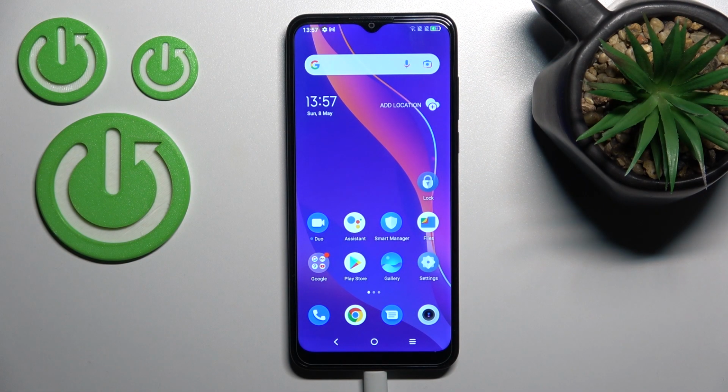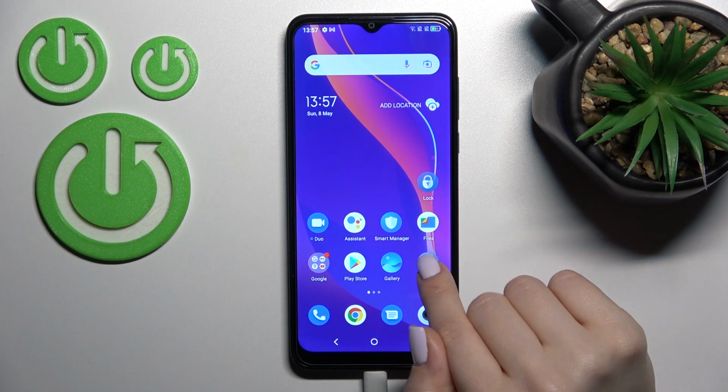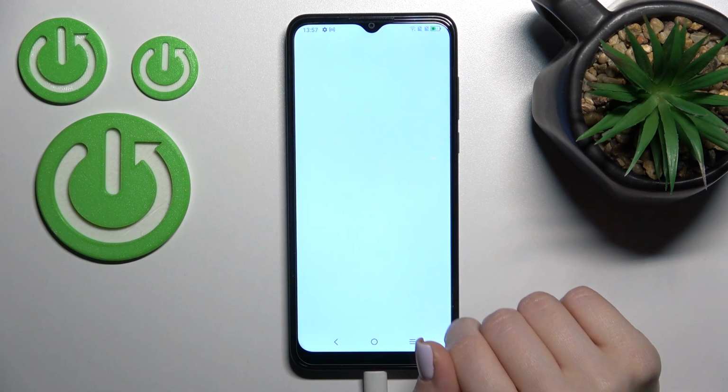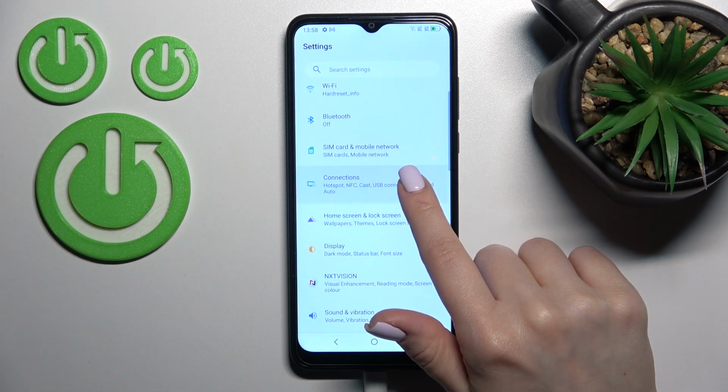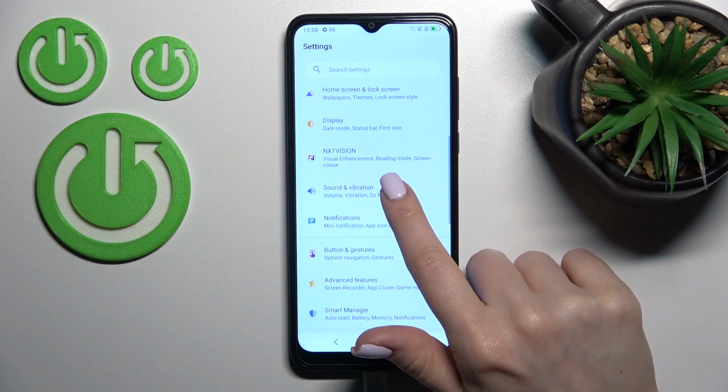Welcome to in front of me TCL 306, and I'll show you how to find and manage sound settings on this device. So first you should go into the settings application, and after that here scroll to the sounds and